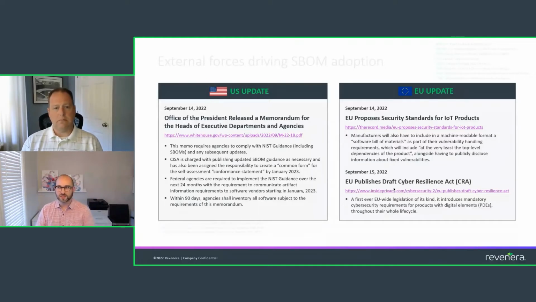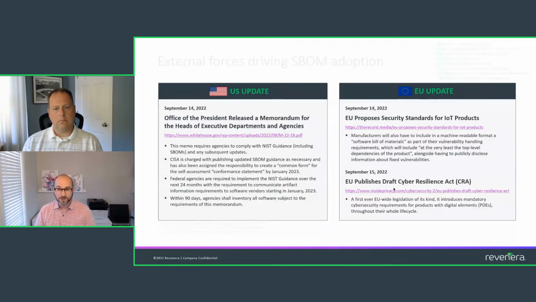So CISA, which is a government organization working on cybersecurity and infrastructure, is charged with publishing updated SBOM guidance and is also in charge of defining a common form for conformance statements. Conformance statements are essentially a statement by a software producer that says it has followed an appropriate process and its data is trustworthy based on the process that it follows. So it's essentially a self-assessment or an assertion that we have done the work, we have created a bill of material that represents the contents of our software, and we have provided information to our downstream consumers of that software so that they understand what is inside the application